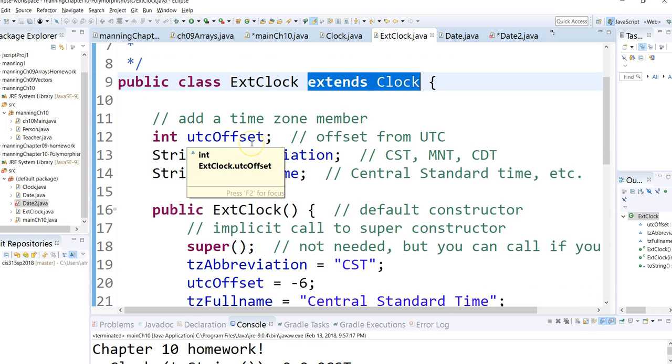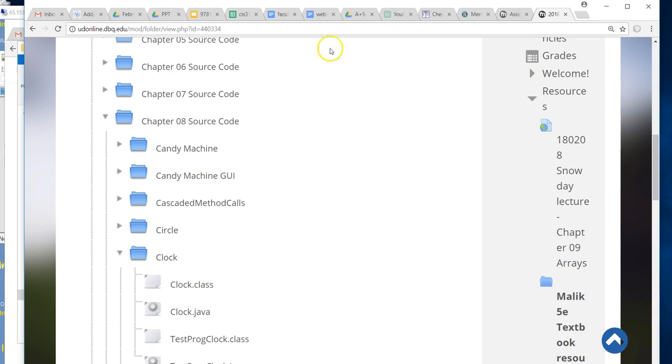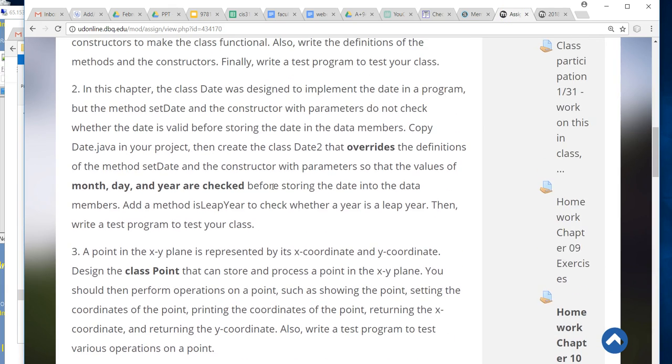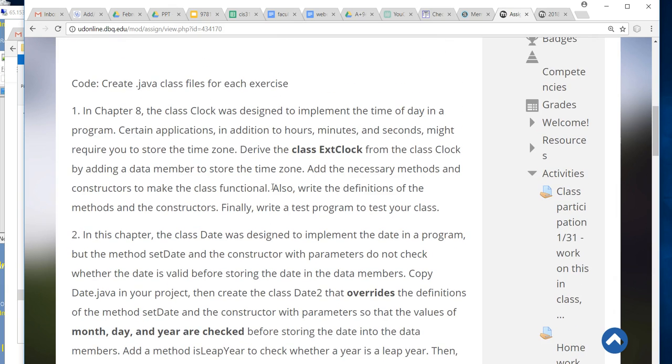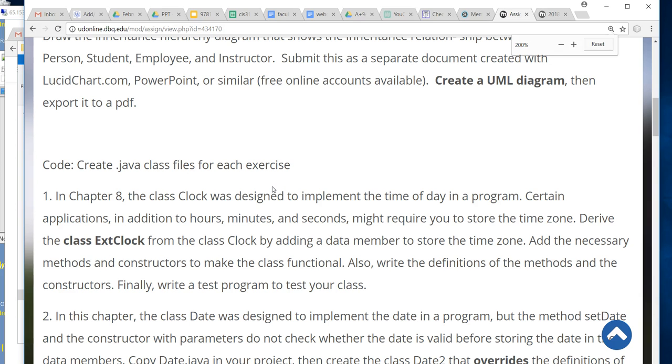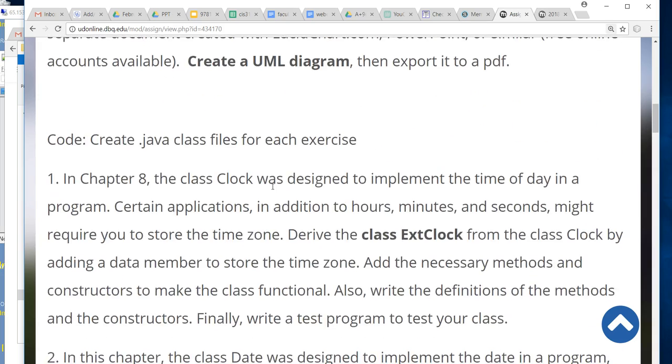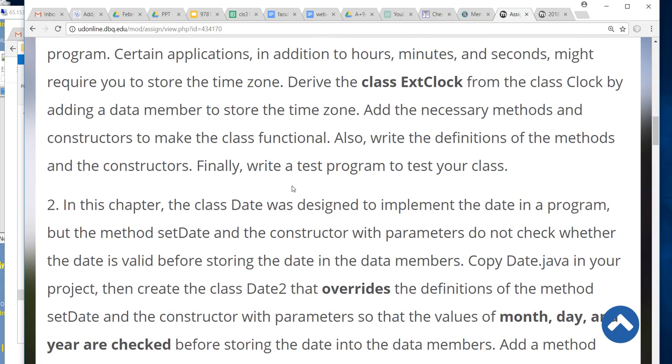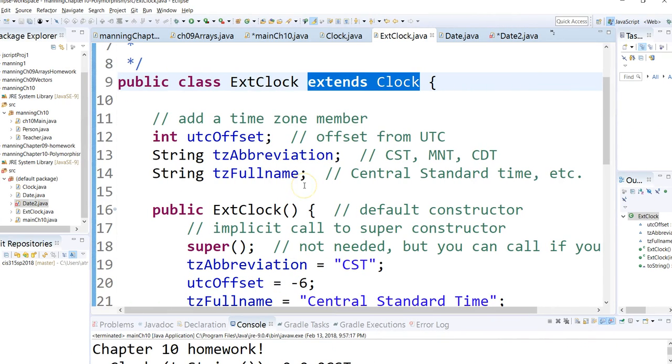Now, it didn't say what to put in there. In the homework, the description was: derive the class ExtClock and add data member to store the time zone and add the necessary method. So they were kind of foggy on what we needed. So as long as you have an ExtClock class defined,